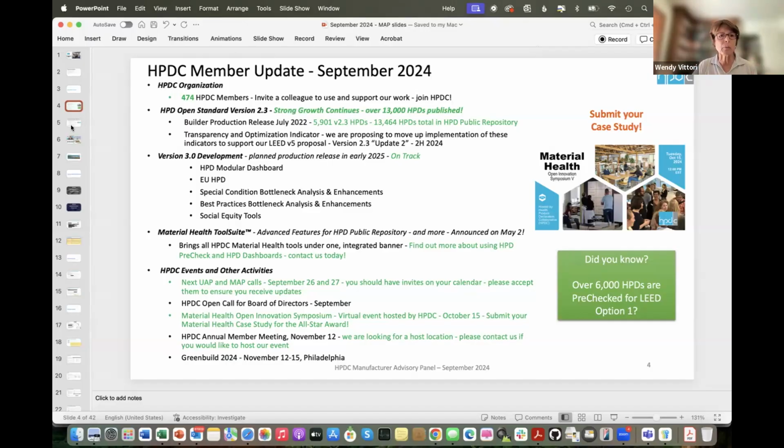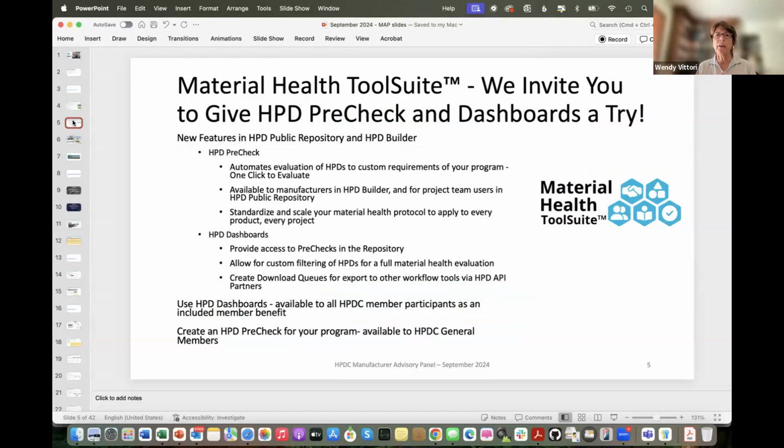In particular, we'd really love to encourage you to give the Material Health Tool Suite, particularly the HPD pre-check and dashboard, a try. The tool suite is a way of thinking about material health: there's a set of tools that we introduce together with the new ones, the pre-check and dashboards, and we've used that as an overall umbrella to bring together the notion that there's a whole set of tools now available that include ecosystem partners and everything.